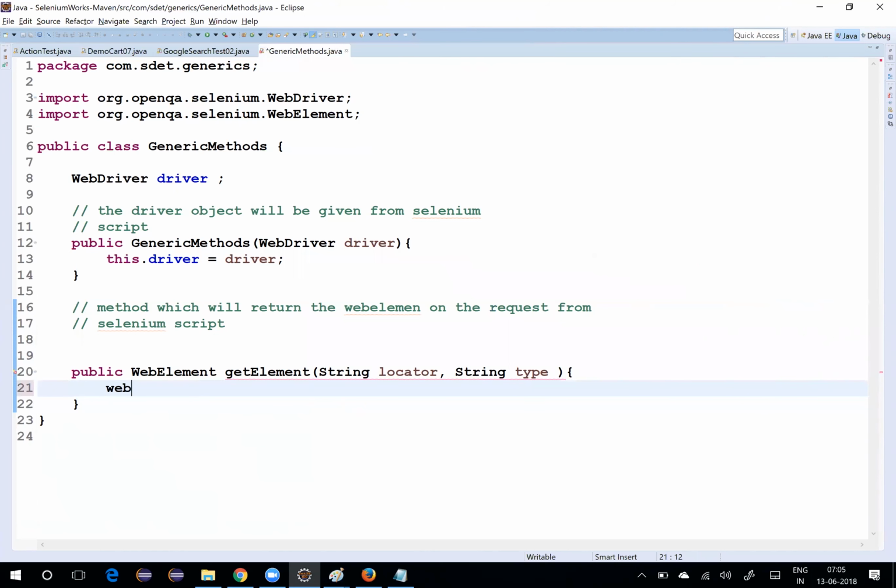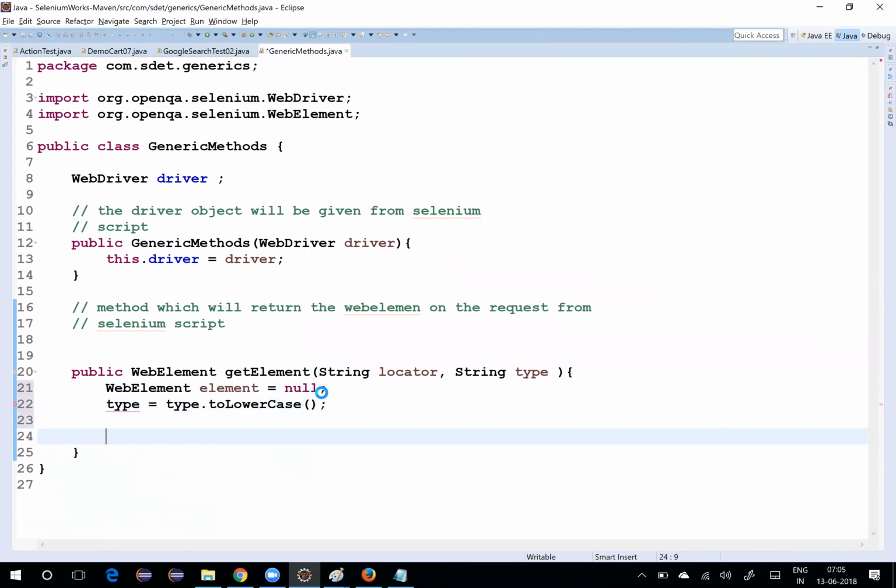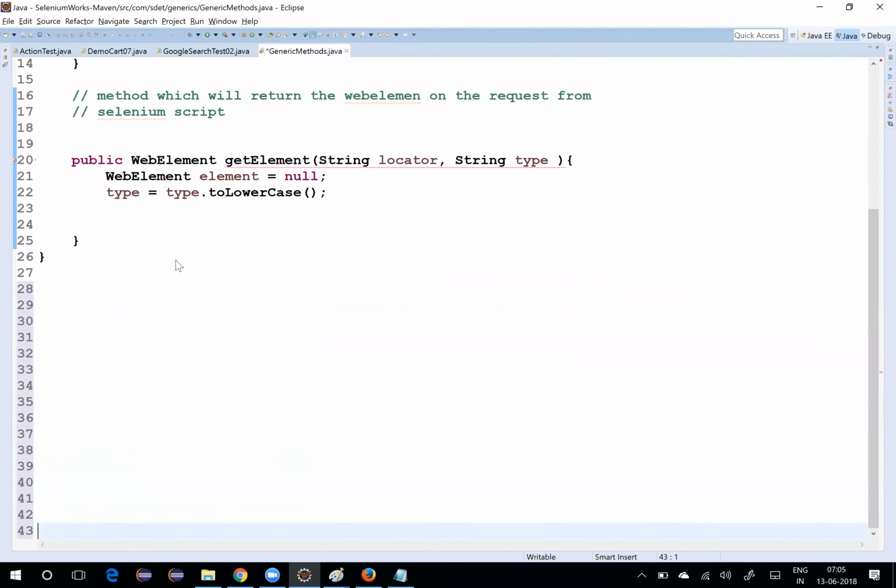And I'm just trying to say here, I want a web element called element. So let's set it as null initially. I don't know, this guy might give it in uppercase or lowercase, so I'll just convert this to lowercase. So that's the first thing. Once this is done, the next job is writing the if condition. I said if type dot